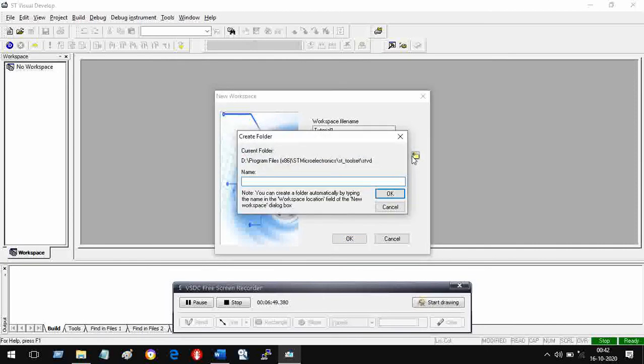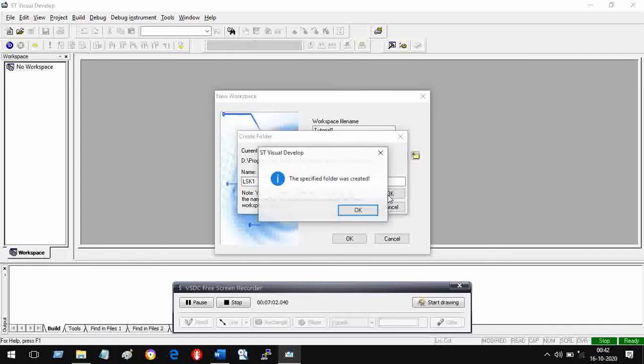What the name of that new folder can be is your choice. So I give my own initials, LSK1, and I say OK. The specified folder was created, so it has gone into the specified folder LSK1. OK.